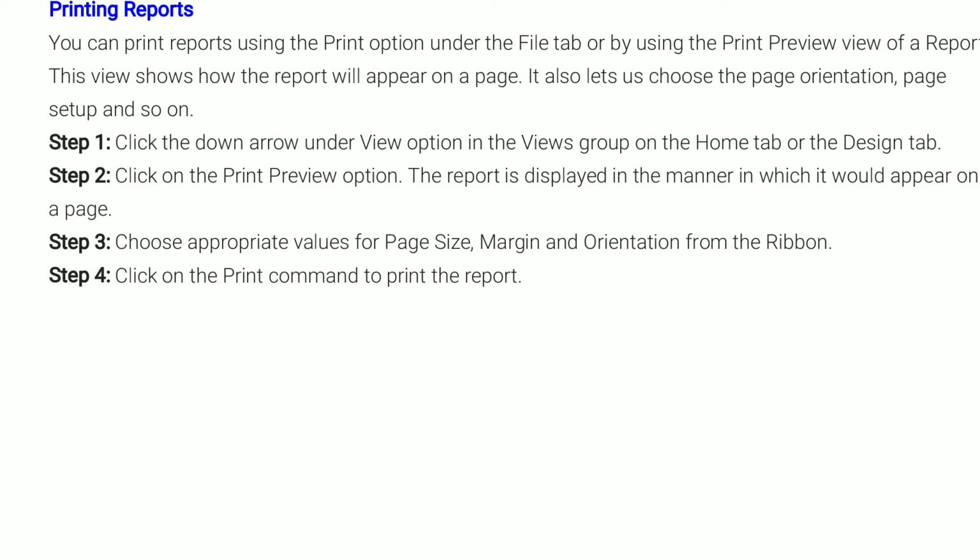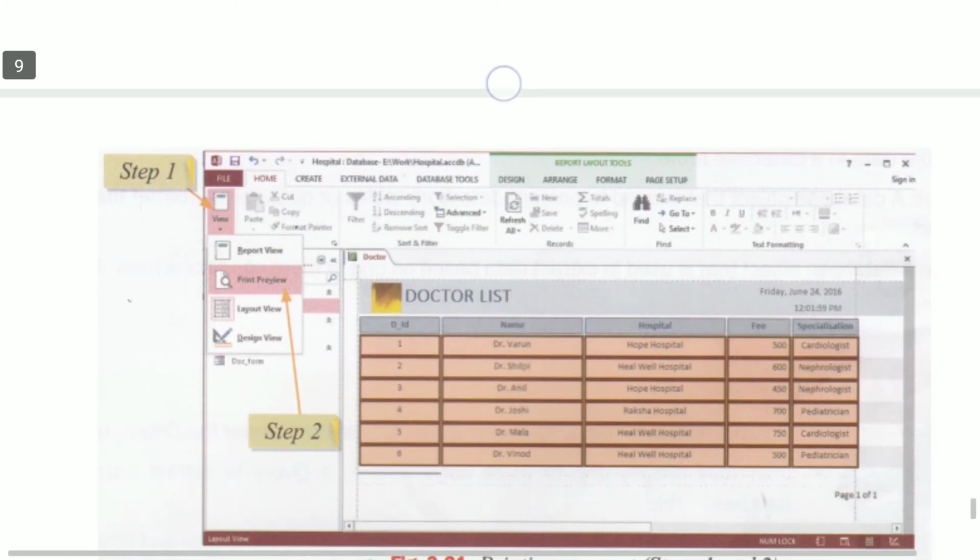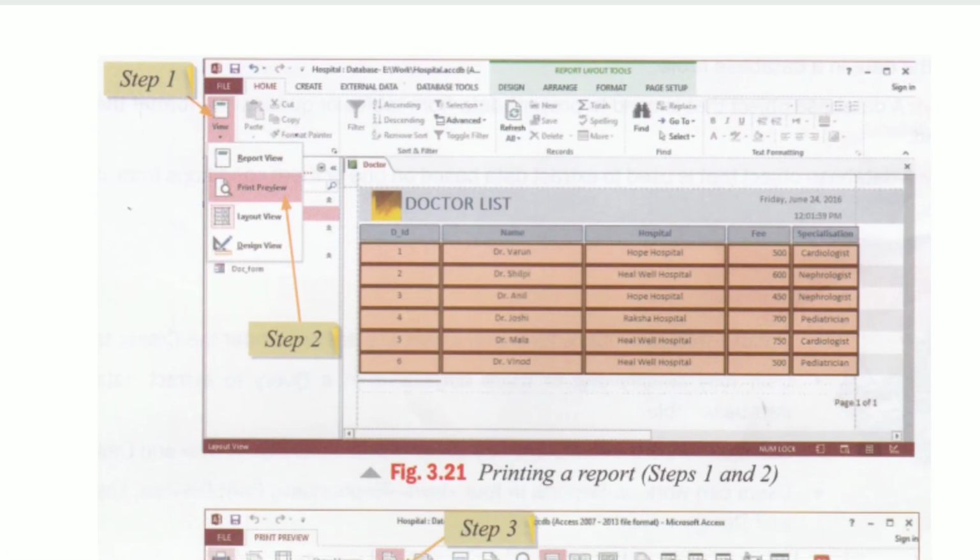We can change the different print settings here, like the orientation, the page setup, the border, margins, etc. We can make all the changes related to printing here. Then, as you can see in the figure, first of all, we can click on the View tab, indicated by step 1.